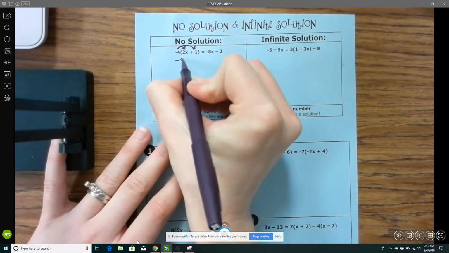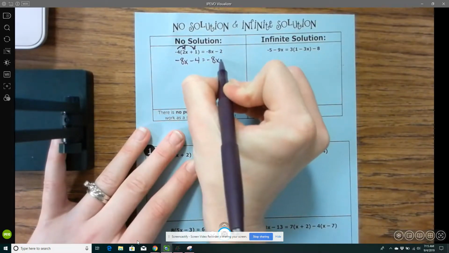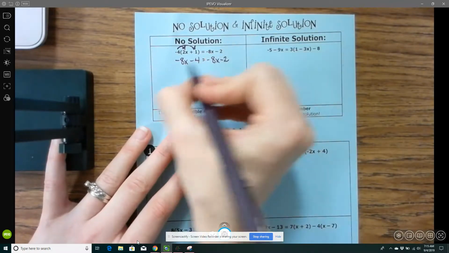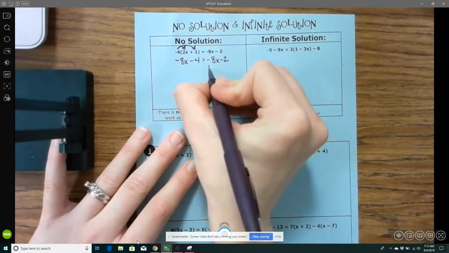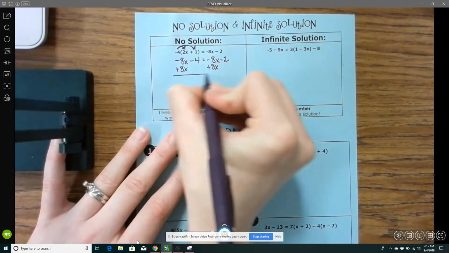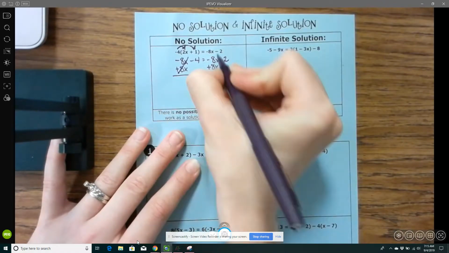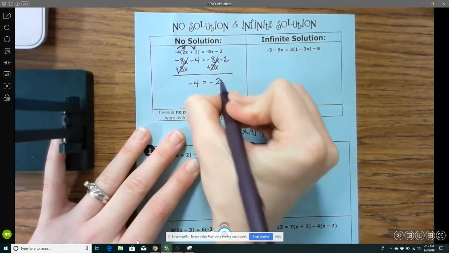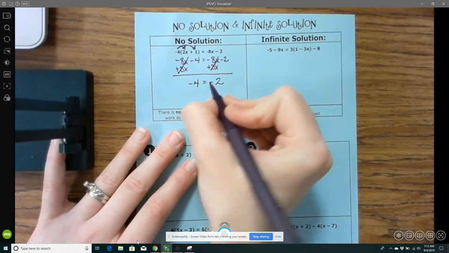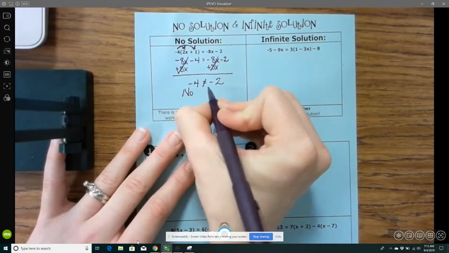So we'd get negative 8x minus 4 equals negative 8x minus 2. And so then we move the variables to the same side. So if I add 8x to this side and I add 8x to this side, these will cancel. I'll get a negative 4. This will cancel, and a negative 2. And so negative 4 does not equal negative 2. So there is no solution